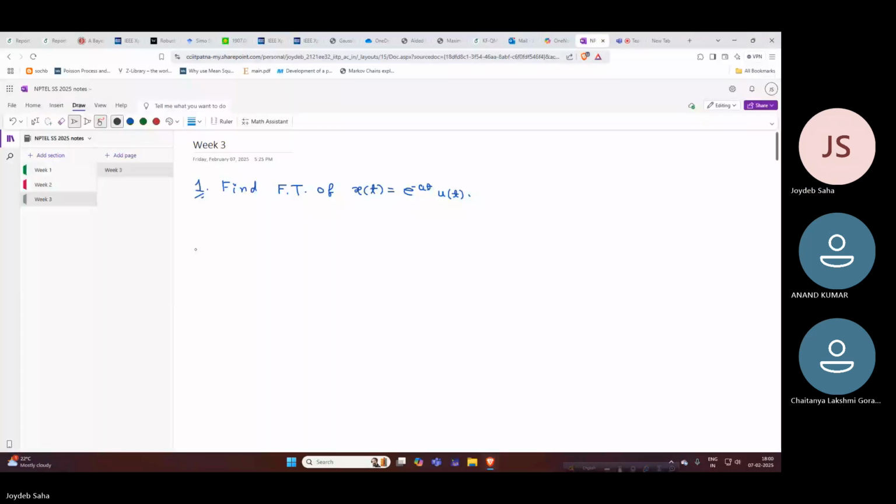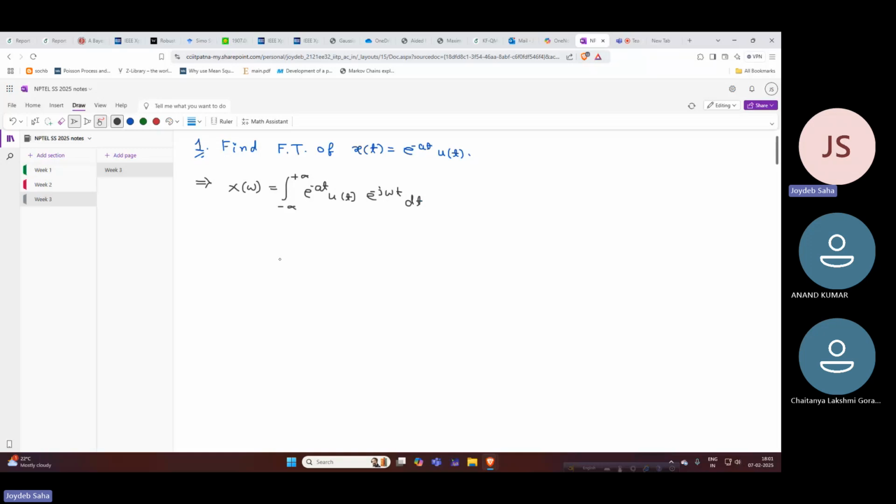So X(omega), the Fourier transform of x(t), is equal to the integral from minus infinity to plus infinity of e to the power minus at u(t) into e to the power minus j omega t dt. Fine. So we can write it like